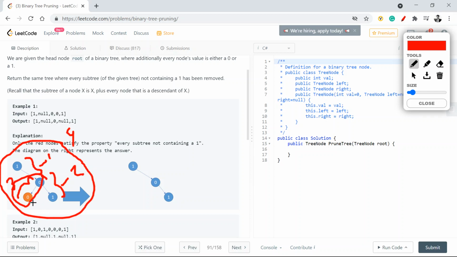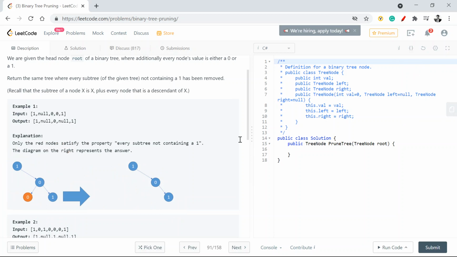Hence if I remove this node, then I have all the subtrees having ones, and I don't have any subtree which is not having one. I pruned that node, that means I removed the subtrees which do not have any ones.